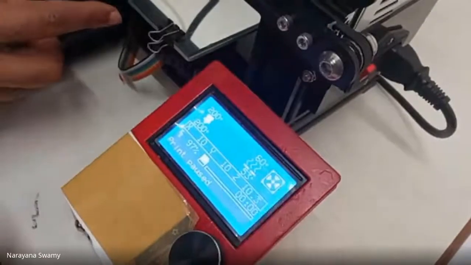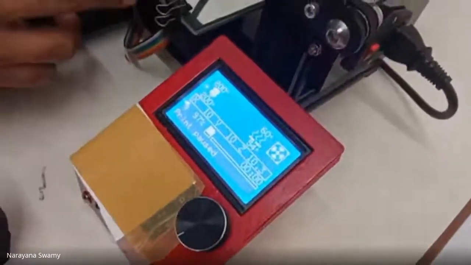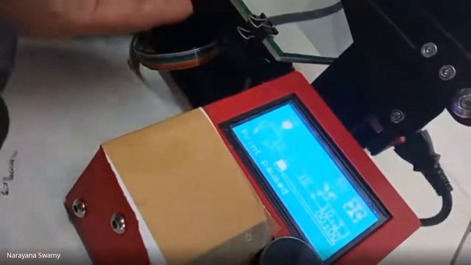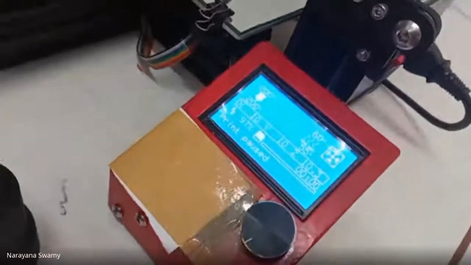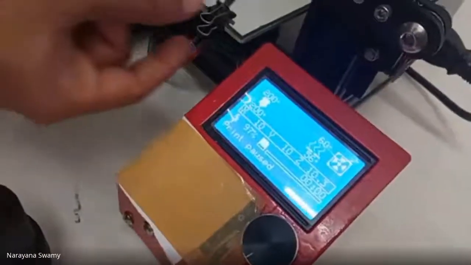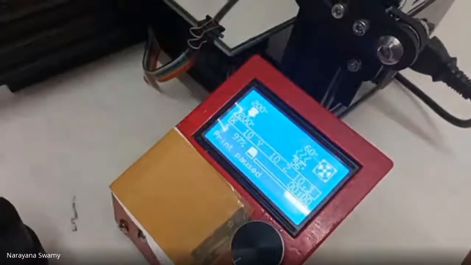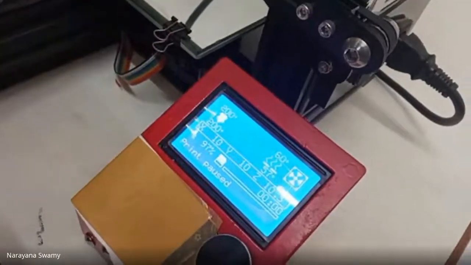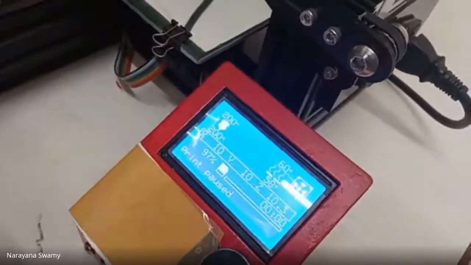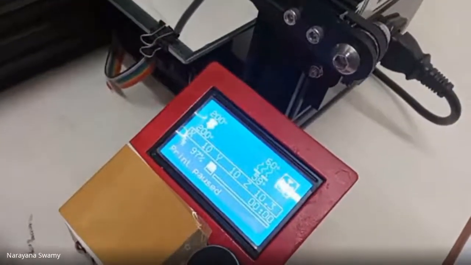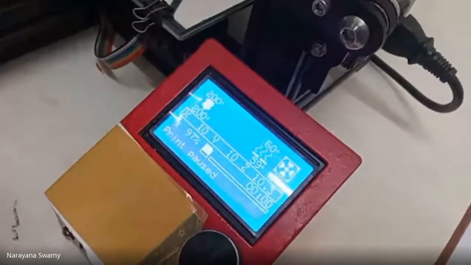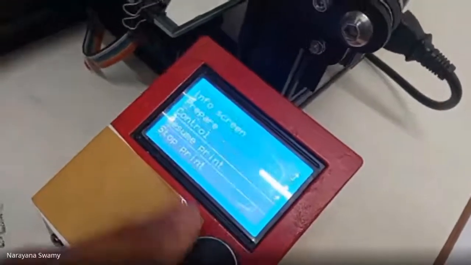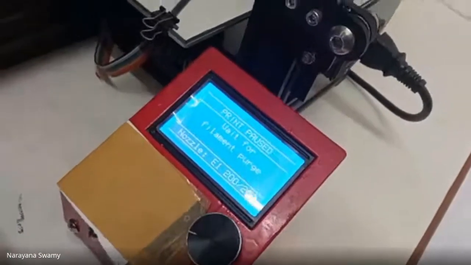Below this glass screen, we have the PCB heater bed. This is a printed circuit board heater bed from which heat is going to be transferred. So this is how the heating of the bed takes place. Now it is 67 degrees, so it is waiting to reach 60 degrees. Now again we are going to resume the printing.